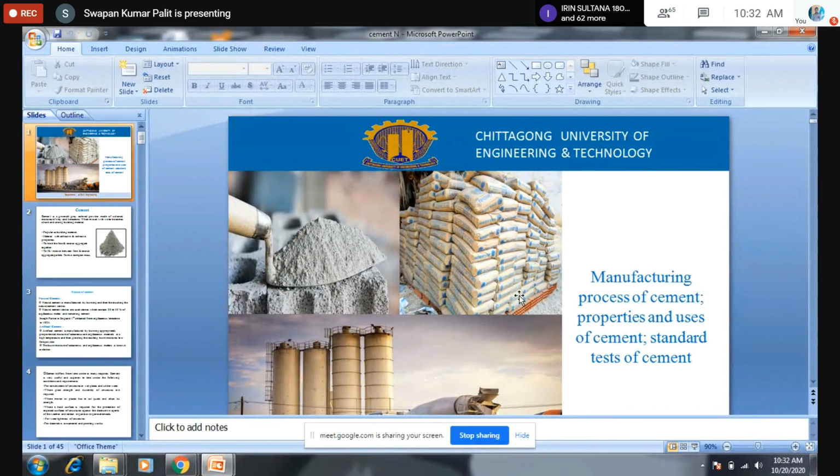We are going to start a new chapter. This is cement. Cement is the most important material for civil engineering construction. Without cement, one material cannot be bound with another material. We are binding